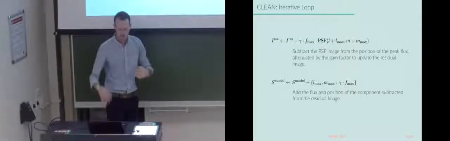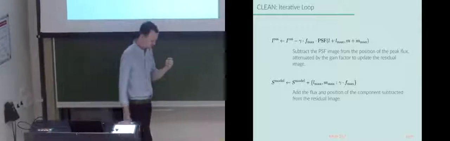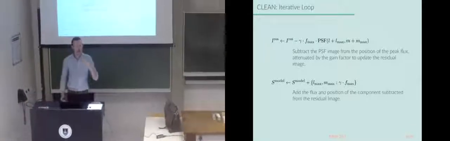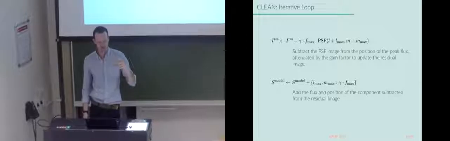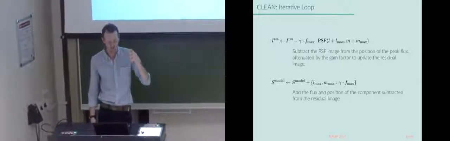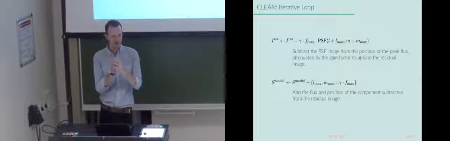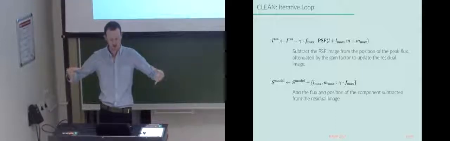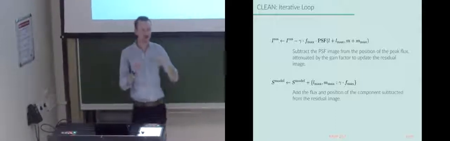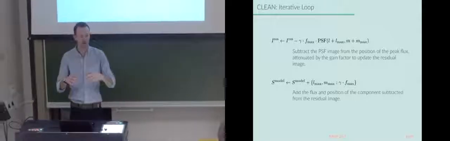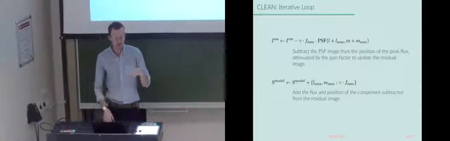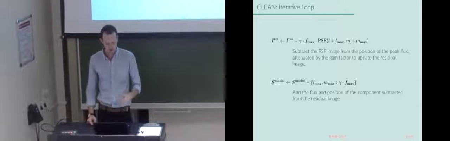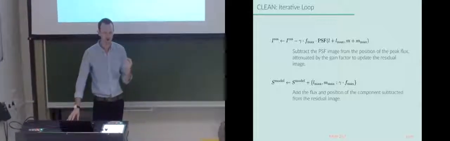Okay. And then for each iteration, we find the brightest pixel. We say that's the source, and say it's some amount of flux. We subtract off some amount of flux based on that gain factor. And then we multiply by the PSF because it spreads out that flux over some spatial region. By subtracting off the PSF, we subtract out the side lobes and the structure of that PSF, the instrumental structure, from the residual image. And then we have a new residual image. And then we record that position and that bit of flux we subtracted out.